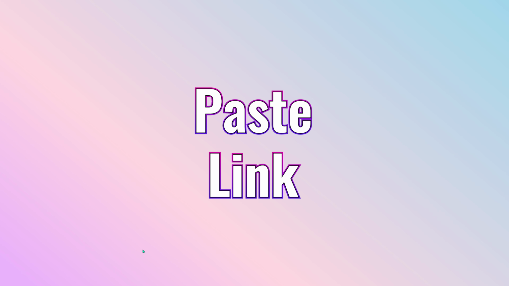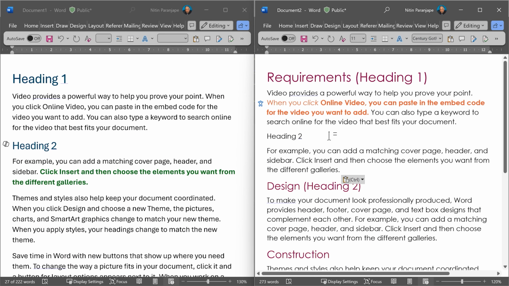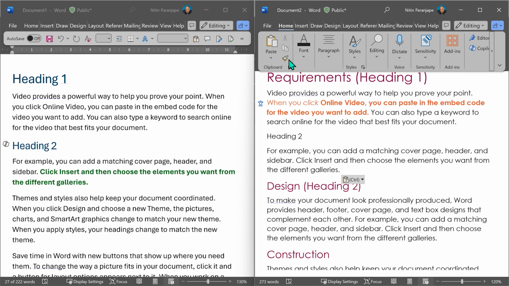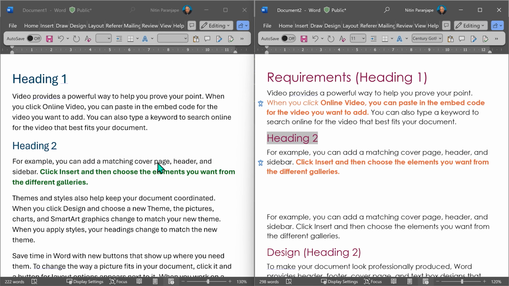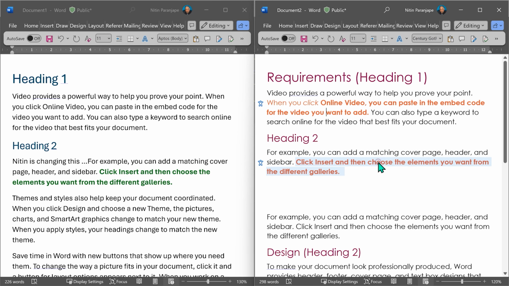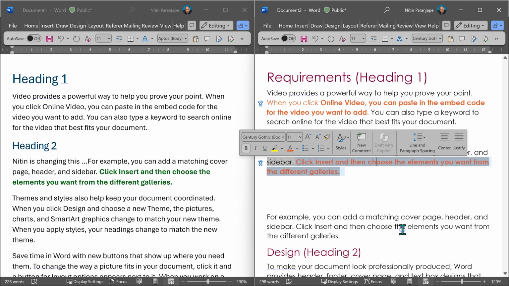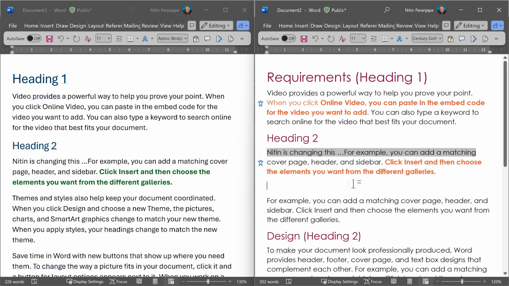There is another situation where I am copy pasting from somewhere and I want to keep the link. So for that to happen, you have to go to Home tab, go to Paste, drop down, Paste Special, and then say Paste Link. Now what happens? This looks like match destination formatting. Agreed. But look at what happens now. I am going to change this. And now what happens? If I right click here and say update link, you see, this happens. So every time you want the source to reflect in the destination, use paste link.